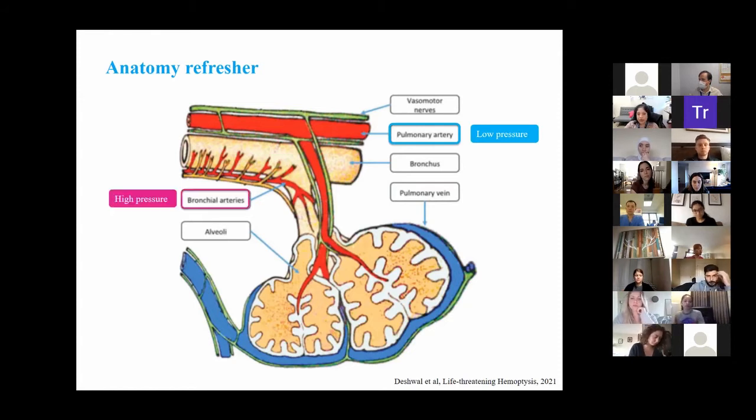Then you have your bronchial artery system. This comes off of your aorta, so it is a high pressure system. And the bronchial artery system is primarily responsible for vascularizing your lymph nodes, your mediastinum, your larger airways. They have these little perforating vessels that kind of go into the muscular wall of the bronchi and feed them there. So it's important to understand about these two different systems, because as we really get into the pathophysiology of